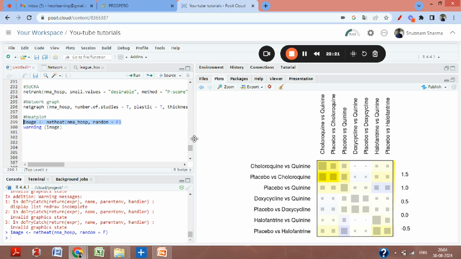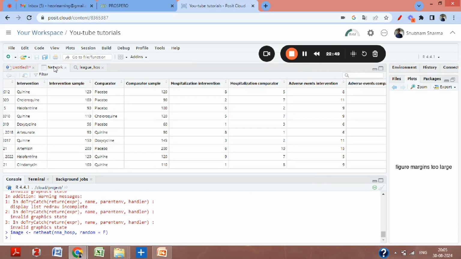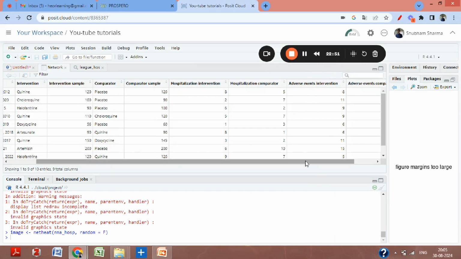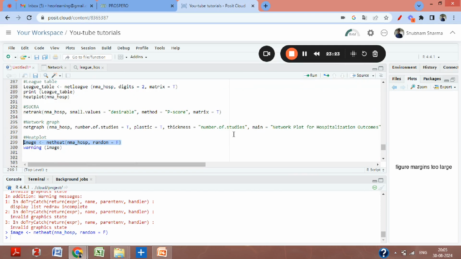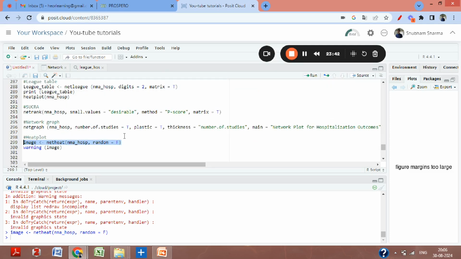So this is how you can conduct a network meta-analysis. Similarly, you can try to rerun the code used for this for the adverse event. So this is the description of the outcomes of network meta-analysis using the netmeta package, and I hope you will be running the network meta-analysis for the adverse event, and I will be happy to have your queries if you have any